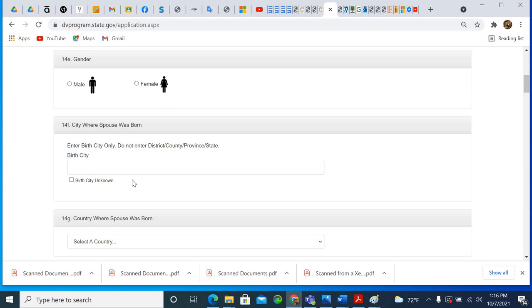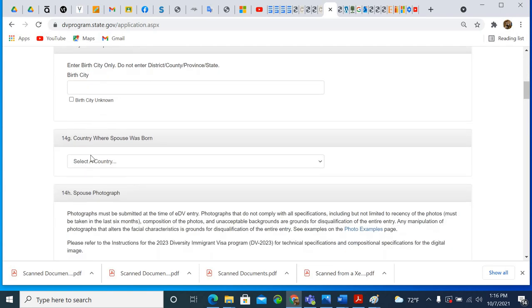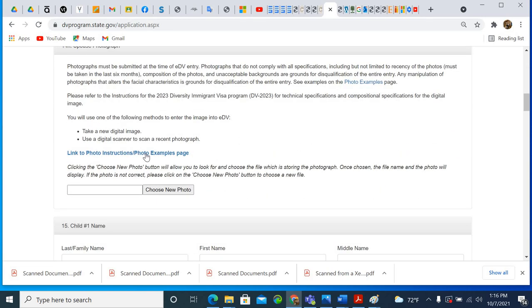If it is Gambia, you can just put Banjul. Okay, country where your spouse was born. If he is a Gambian, then you put Gambia. If it's a Senegalese, Nigerian, Ghanaian, put the name here. Okay, spouse photograph, the same type of photograph that you have, that's the same type of photo that you would